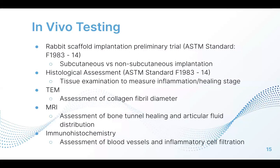We will also conduct TEM. We would then assess the collagen fibril diameter within the 2 different regenerated ACLs. The samples will be infiltrated and fixed with Epon-Araldite resin, viewed under TEM image, and then measured at 2, 4, and 12-week timelines. We would then use MRI imaging at a 12-week post-op timeline,